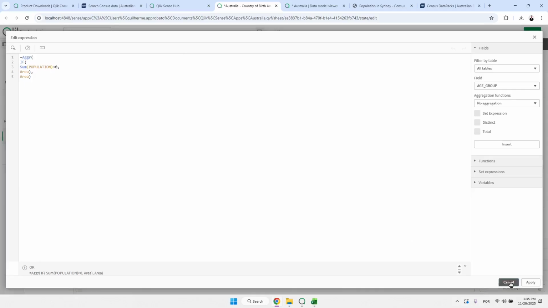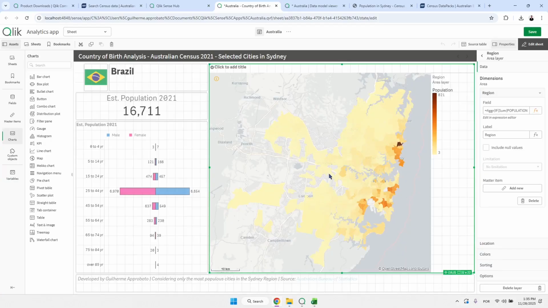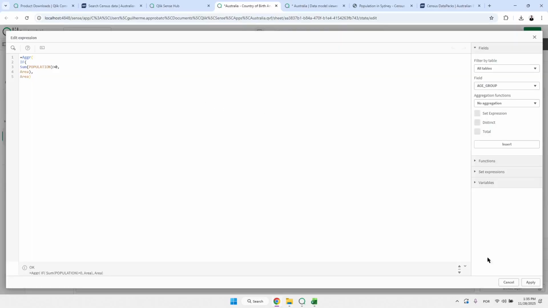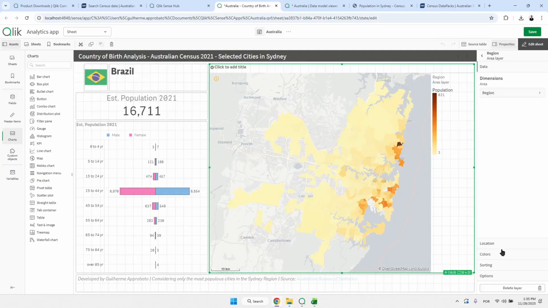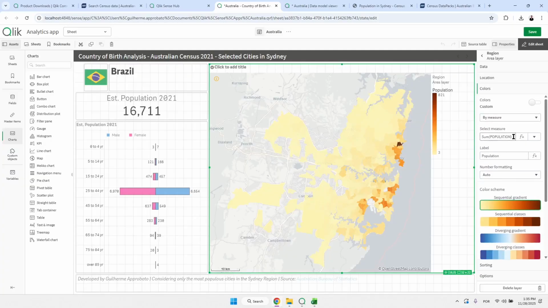I'm doing this because otherwise I would have a very big area here with zeros, and I didn't want to have zeros in this legend. So it's easier to just filter that, or we could treat that in the script, but in this case I did it here in a chart function. And colors, just sum of population.